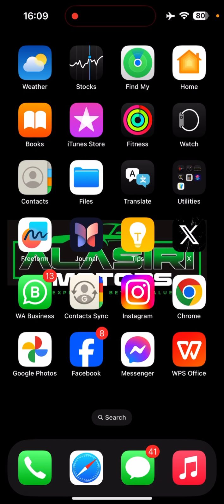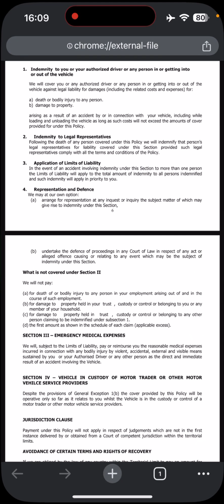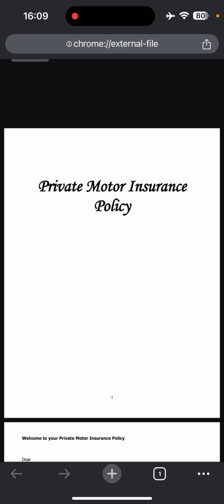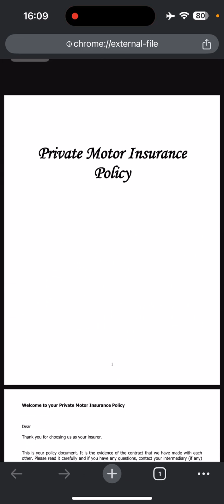So welcome to another day, and today I'm going to take you through your motor private insurance policy. Your motor private insurance policy is divided into different sections, and you need to understand your policy document anytime you receive it from the insurance company or anytime you demand it